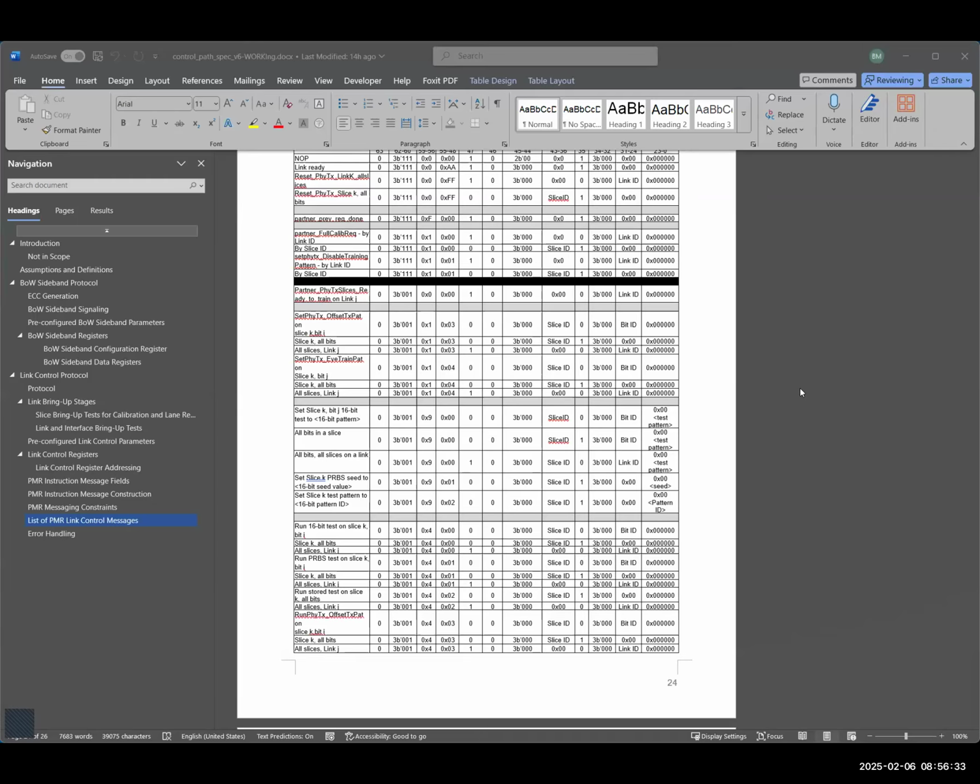Yeah, so the intended workflow is you set the PMR to set up a certain pattern and you send that PMR to the partner. When the partner receives that PMR, the software is going to go and read the PMR and decode what is being requested. And say the PMR said, based on the PMR, we want to set a certain lane to start transmitting a certain pattern. The software running on the partner knows what TX5 register it needs to program in order to accomplish